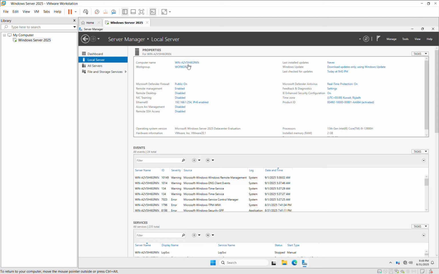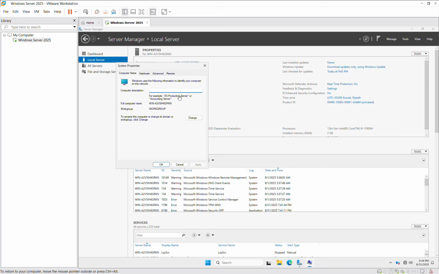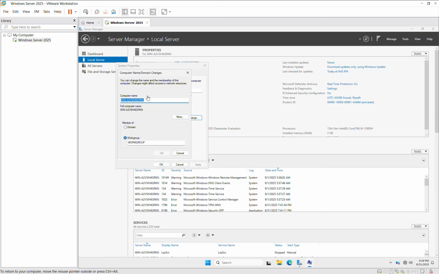Now, the next step that I want to change the computer name. It's generated randomly, so I will change it. Let me think what we will make the computer name. I will name it my server 1. Okay,